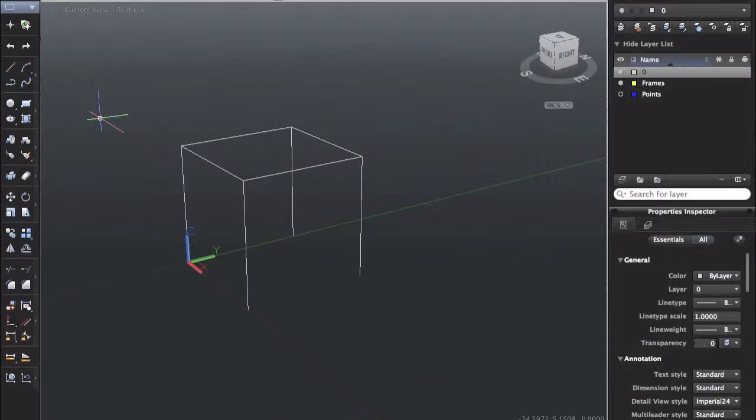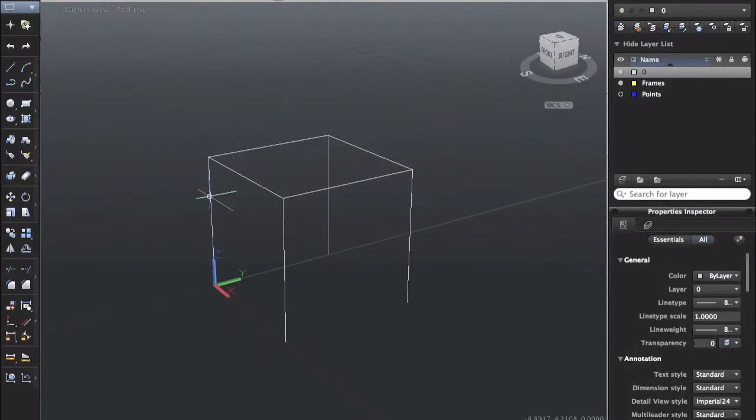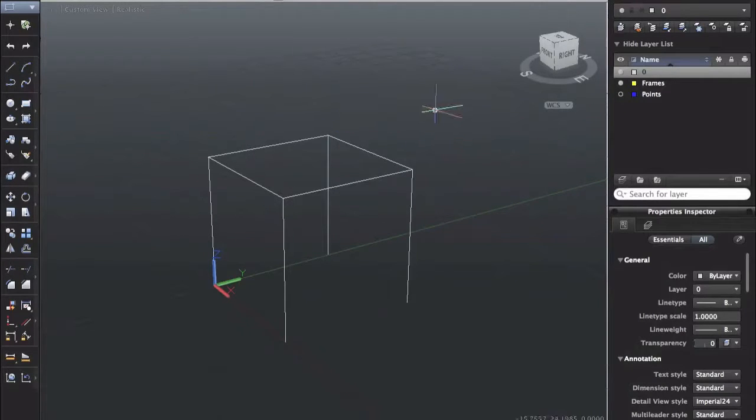So to start with, you have your wireframe designed on AutoCAD. Let's just assume that this is just a building with the base. Now I will be adding some areas to this and some points, but first of all let me start with frames. To be able to import things into SAP 2000, you need to break down things from AutoCAD into